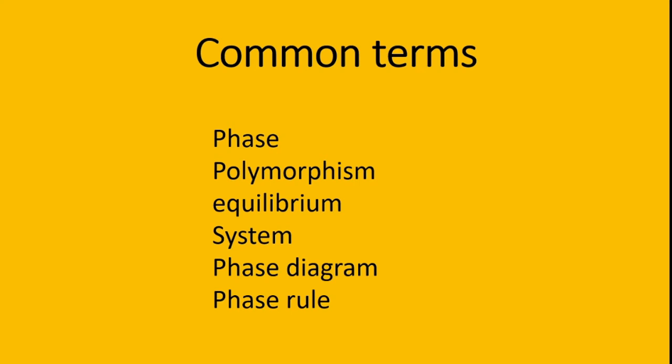And then what is a phase diagram? In order to record and visualize the results of studying the effects of state variables on a system, diagrams were devised to show the relationship between the various phases that appear within the system under equilibrium conditions. As such, the diagrams are variously called constitutional diagrams, equilibrium diagrams, or phase diagrams.